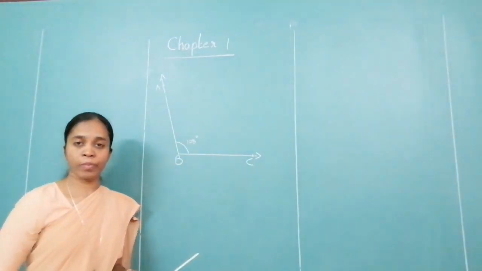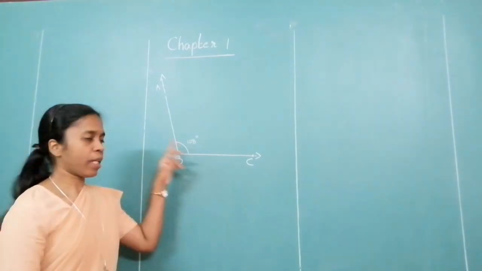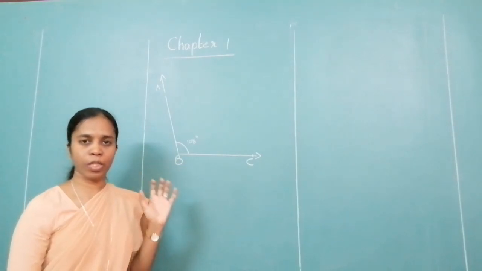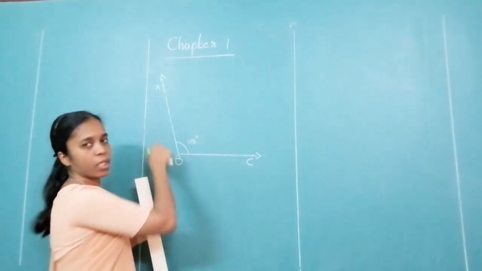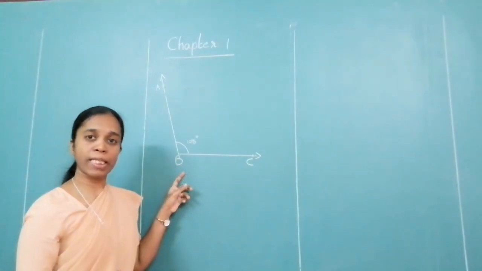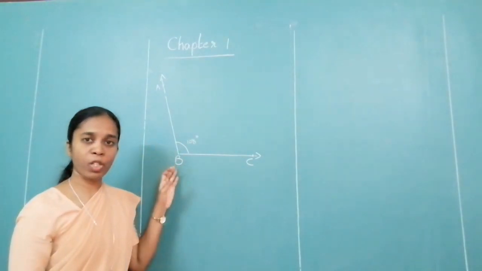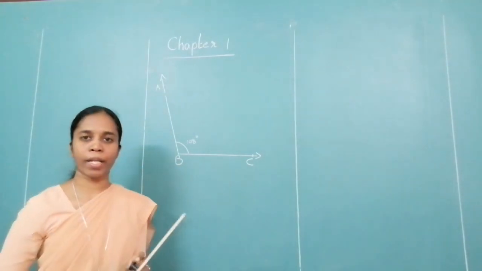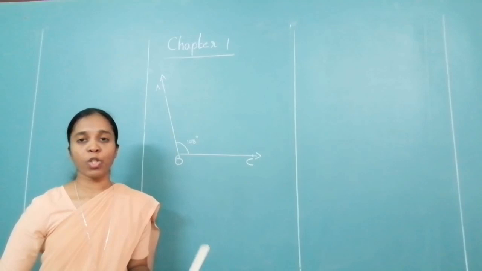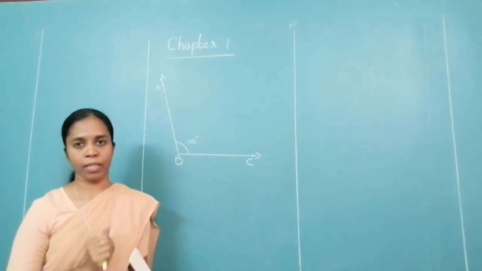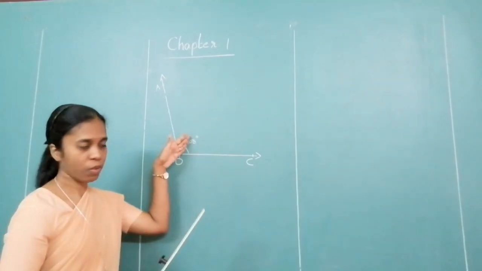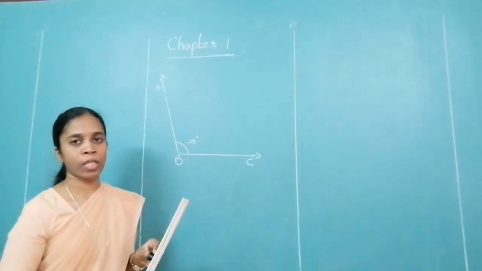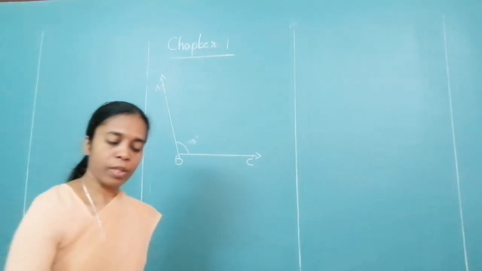What is an angle? Two rays having a common origin. This is one ray, this is another ray, which is a common origin. Their common origin is B. So two rays having a common origin gives me an angle. Now I have an angle of 108 degree. Now I want to draw an angle bisector. Means a line or ray which divides this interior part of the angle into two equal parts. How do I draw it?